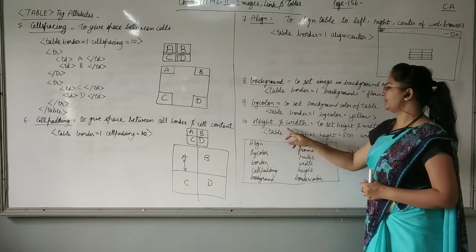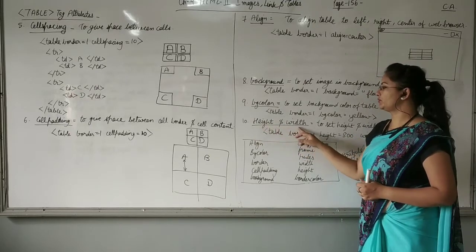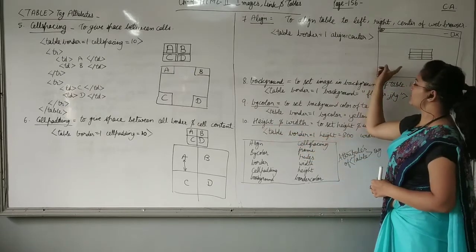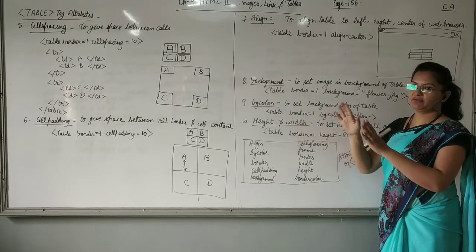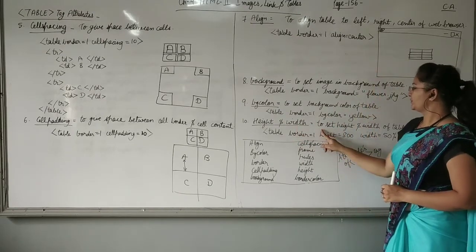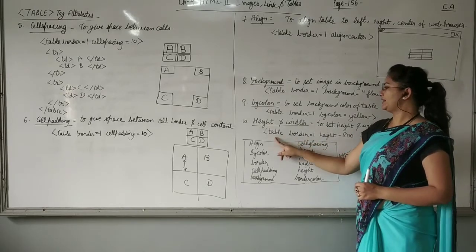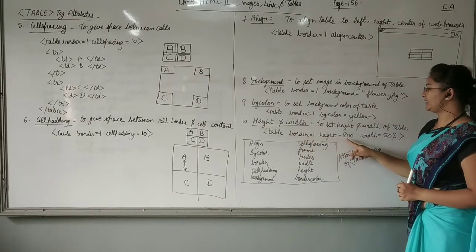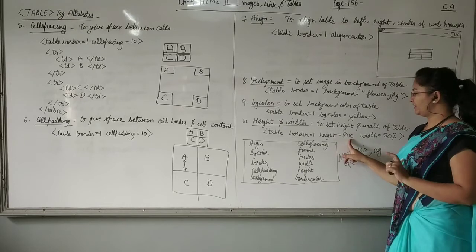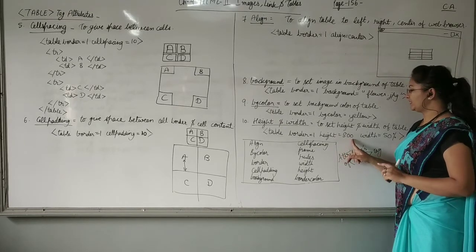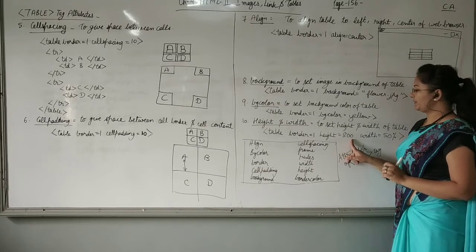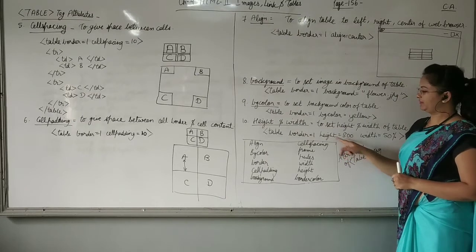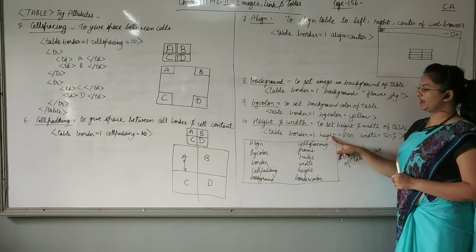Now, height and width attributes. You can use any one, or if you want, you can use both. Height will set the height of the table in the web browser, and width will set the width of the table in the web browser. So, to set height and width, we use the height and width attributes of the table tag. Next is table border equals to 1 and height equals to 800. If we specify any number like this, it means pixels, 800 pixels. I have already told you, a pixel is a single dot on the screen. So the table height will be up to 800 pixels only.